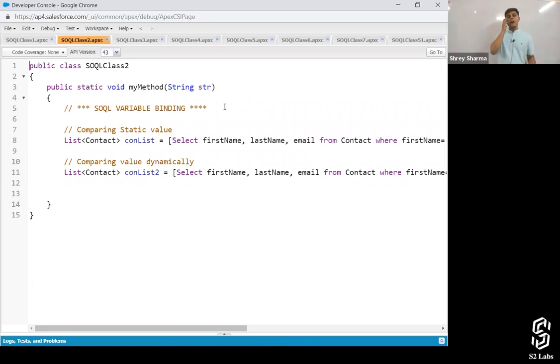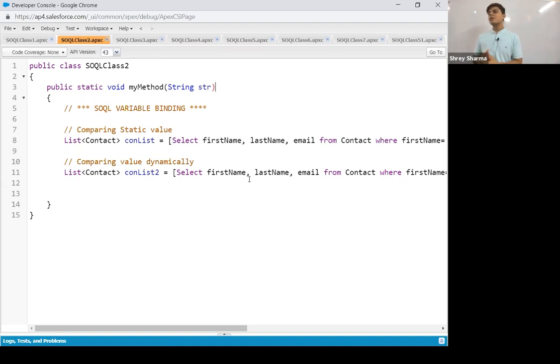So if every time I have to compare it with Rahul, then I can simply write the quotes over there and specify a static value as Rahul. But what if my user is providing me a value, and according to that I have to place the where clause condition? So how are you going to do that? Write it down. Okay, so the question is, once again, many of you haven't yet understood the question.